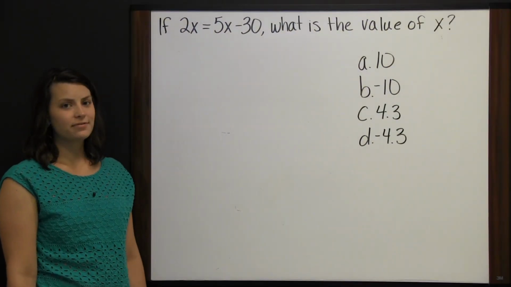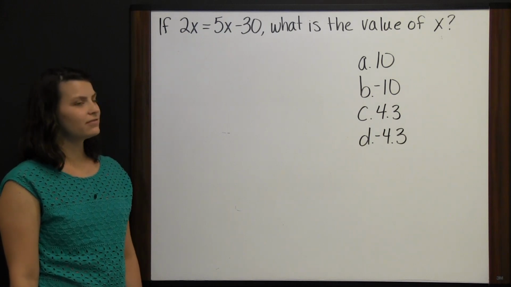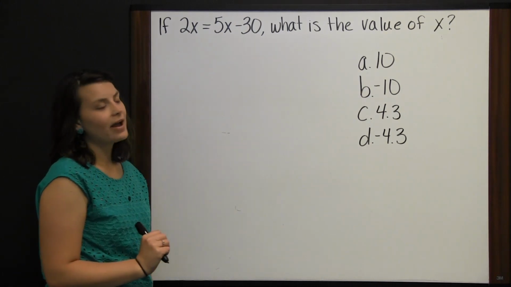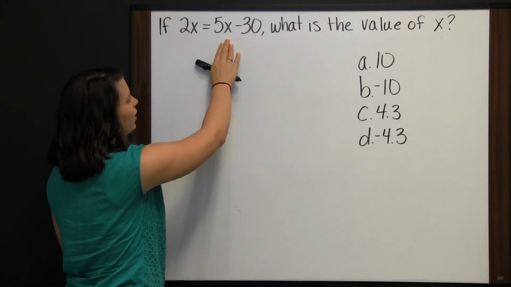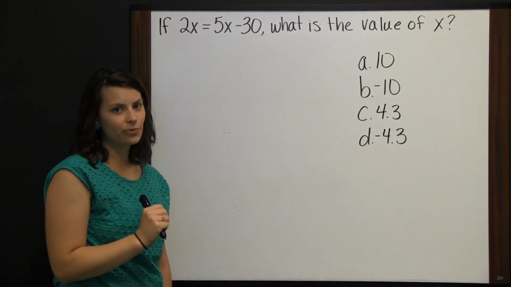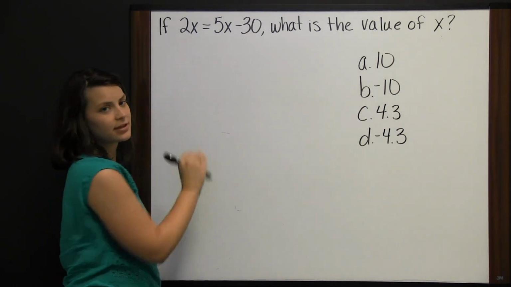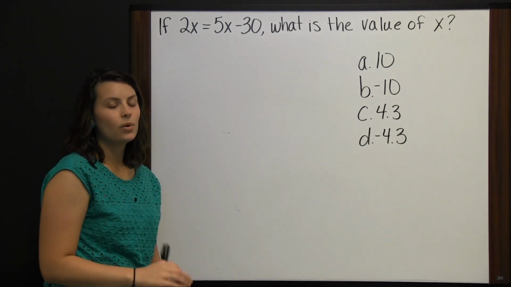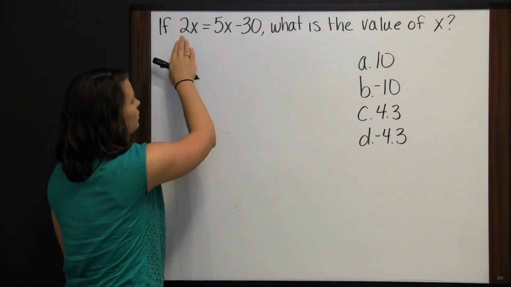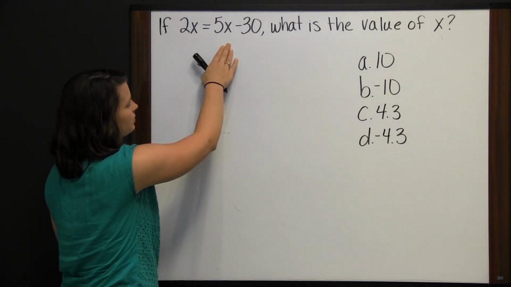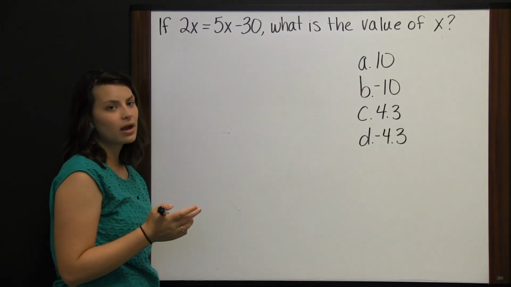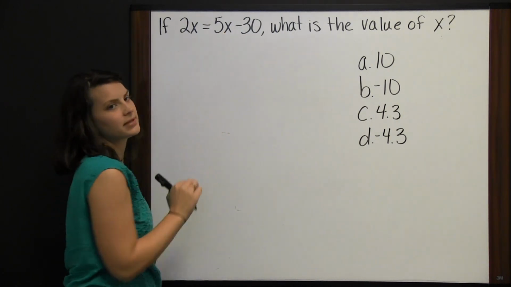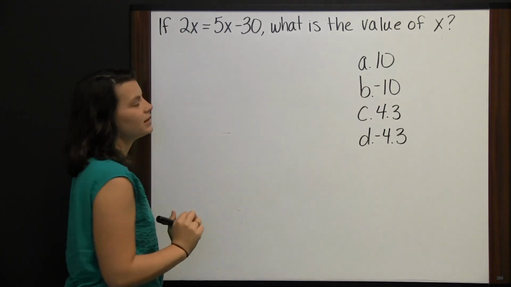If 2x equals 5x minus 30, what is the value of x? The first thing we want to do to solve for x is to get all of our x terms on the same side of the equal sign. We have 2x on the left side of the equal sign, and we have 5x on the right side of the equal sign. We have 2 options here. We can either subtract 2x from both sides, and that way we would get rid of 2x on the left side,